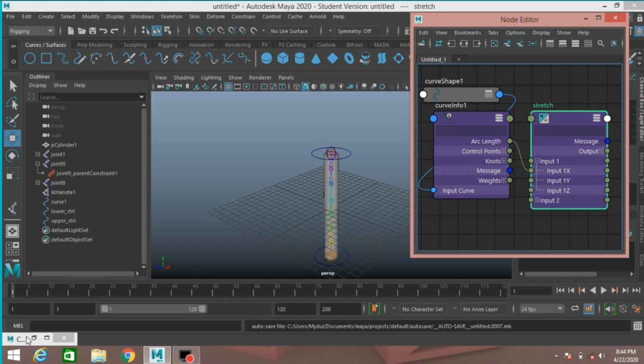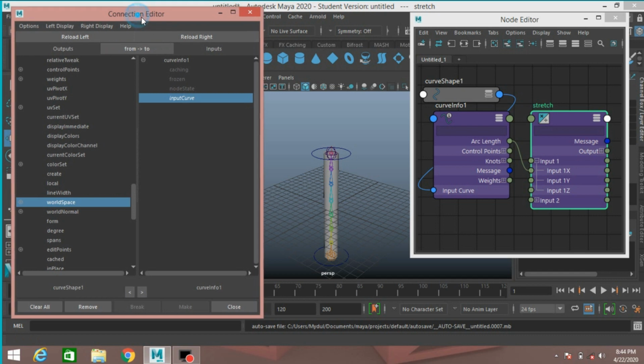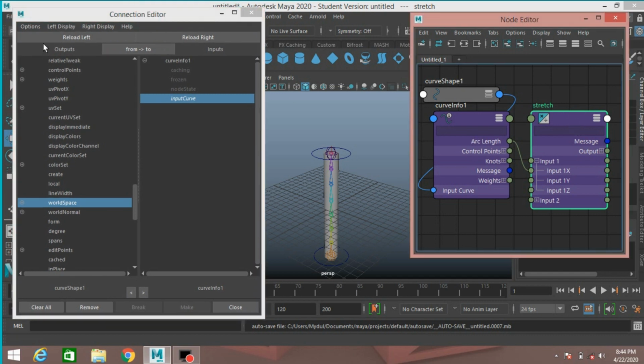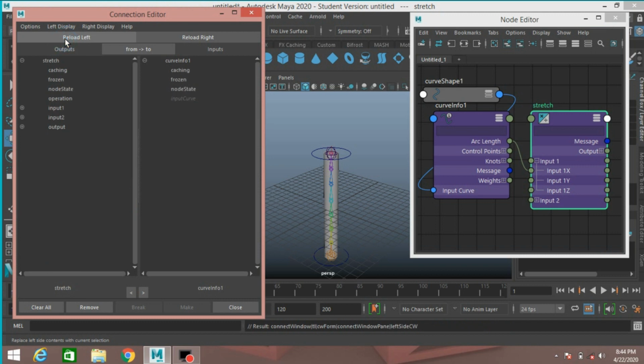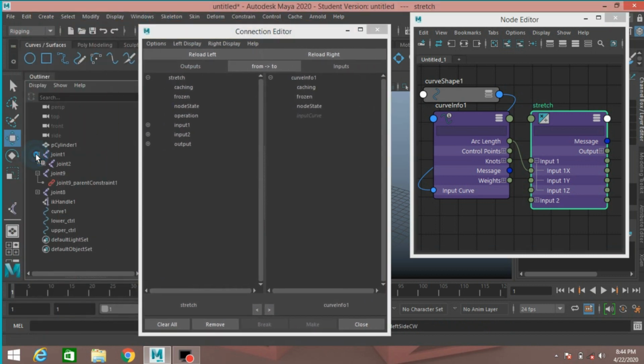Again open the connection editor and select the stress node and click reload left and select all the joints from the outliner.